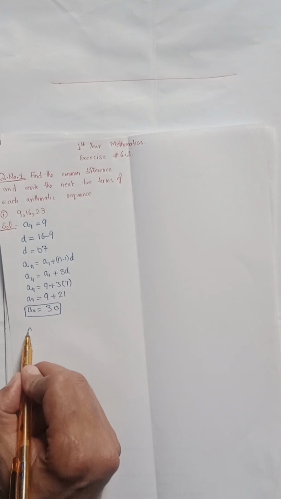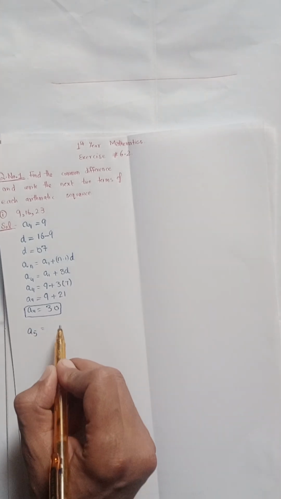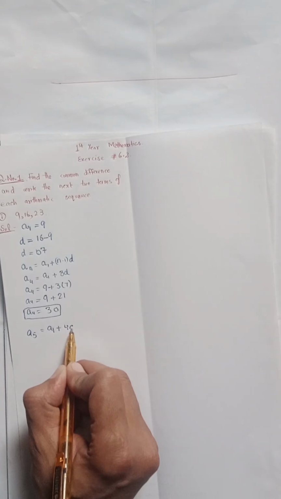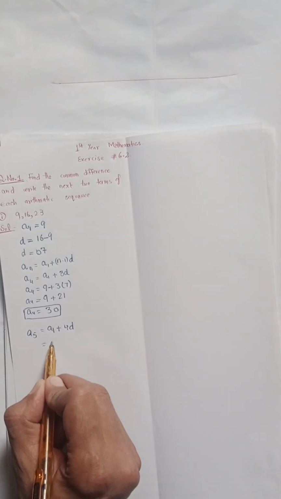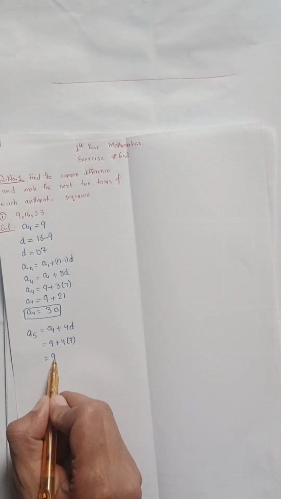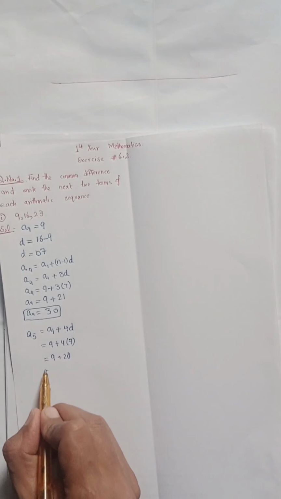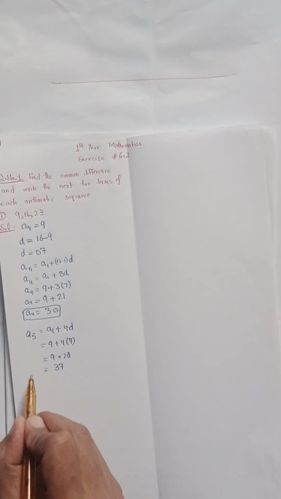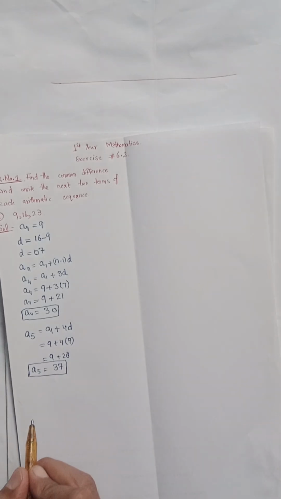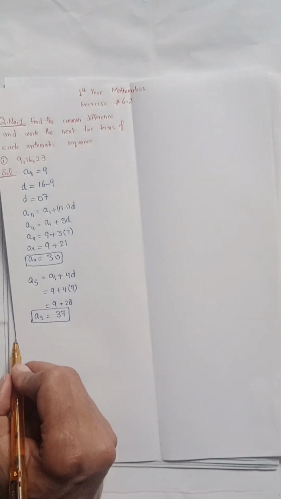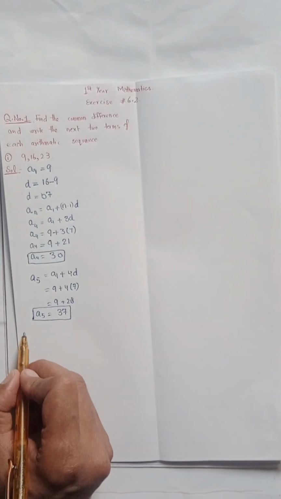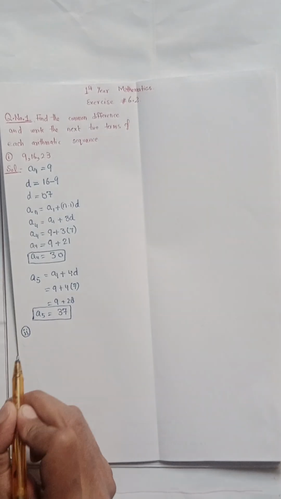And a5 equals a1 plus 4d. 9 plus 4 into 7, 9 plus 28, that becomes 37. A5 equals 37. This is our required two terms, and in the second part,